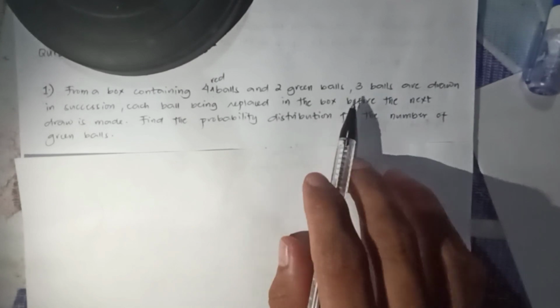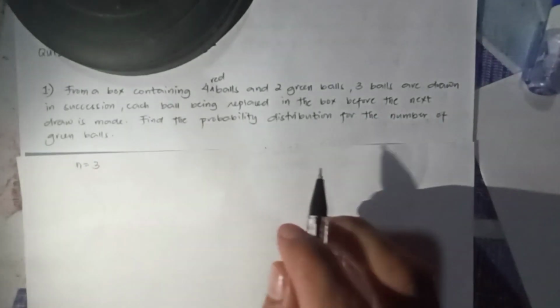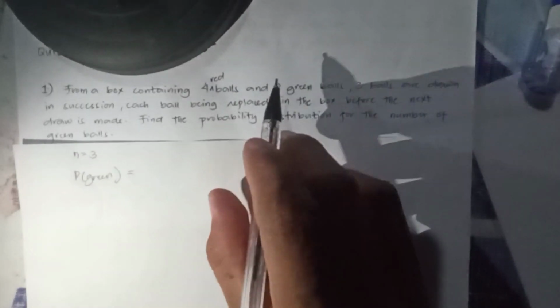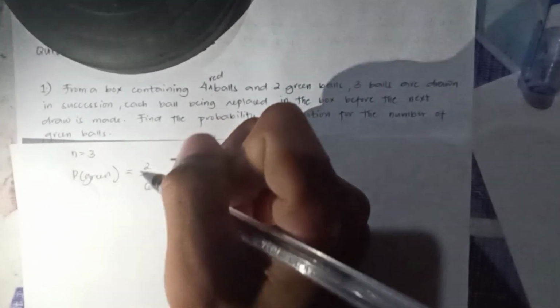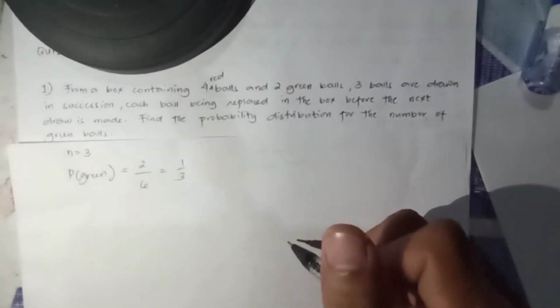So our n here would be 3, that is being drawn in succession. So our given here is 3. And then we need to find the probability of the green balls, which is p equals green. Then your green would be 2, so 2 over 6 equals 1/3. 6 will be the total number of balls. And then after that,